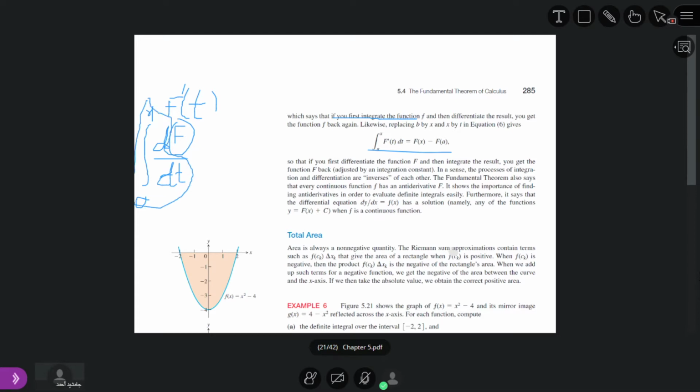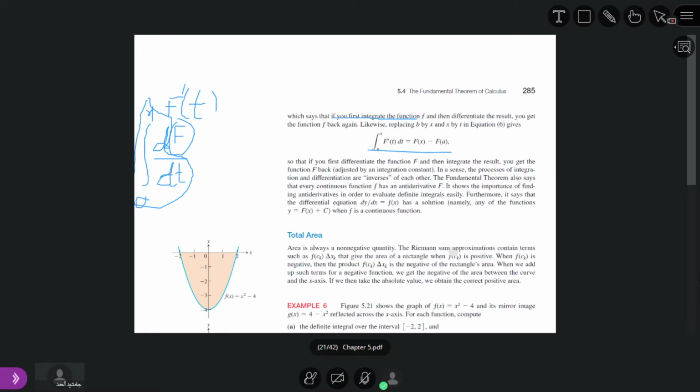So here we get f of x minus f of a. What does this show? This shows that f of a is a constant of integration. When I asked you before, whenever we take integration we must add some constant. So here f of a is the constant of integration. Okay, and this integral from a to x cancels the derivative with respect to t. So they are inverse of each other.